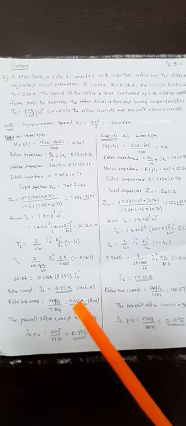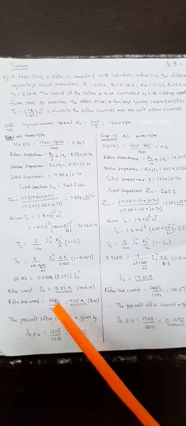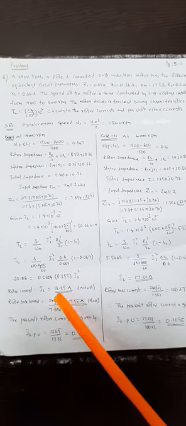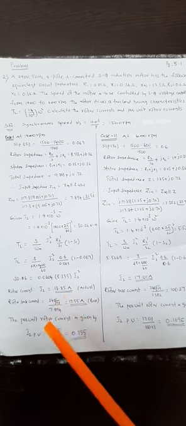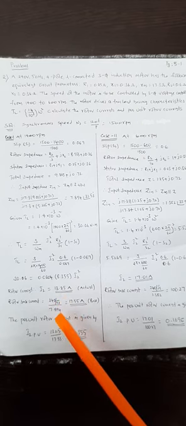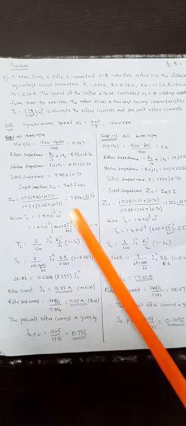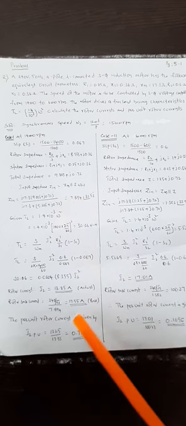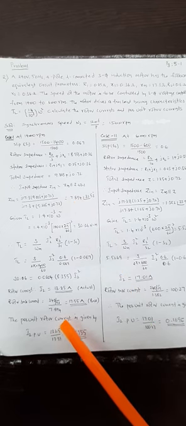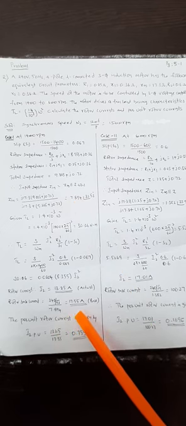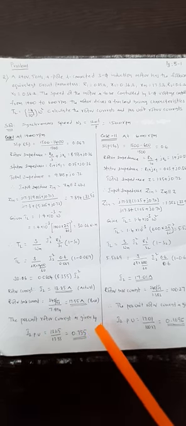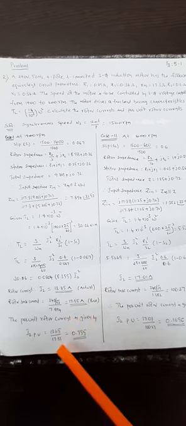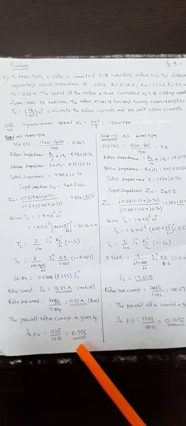So then how to calculate the base current? Base current is equal to 240. Since it is a star connected system, you have to take the phase values, 240 by root 3, divided by the total input impedance 7.894, which is equal to 17.55 amperes. That is the base current. Therefore, the per unit rotor current is given by the actual value by the base value, which is equal to 0.755.